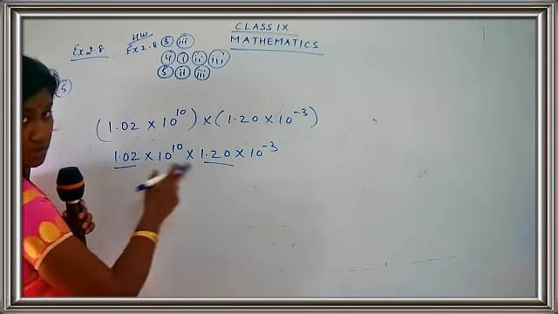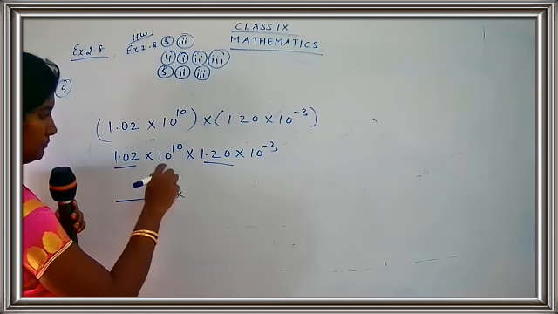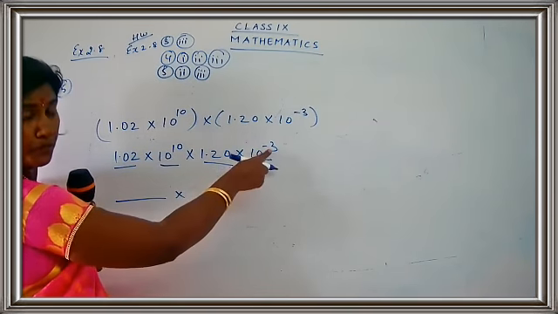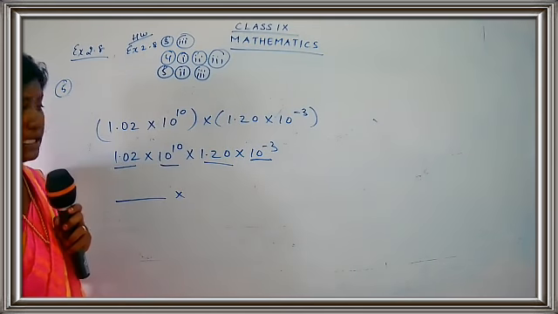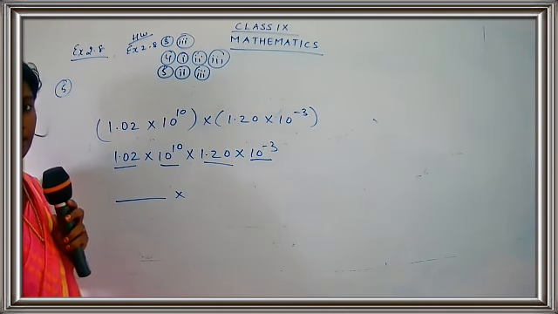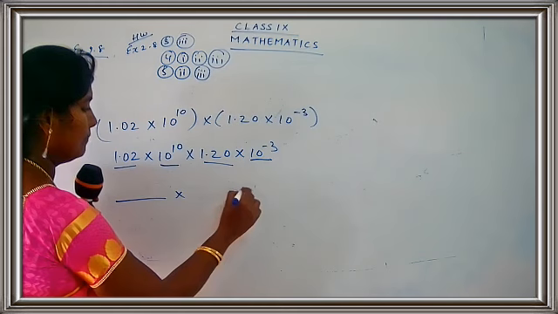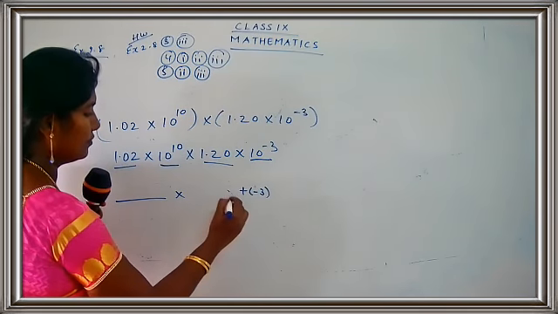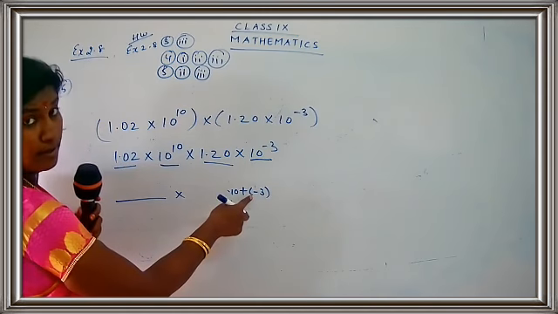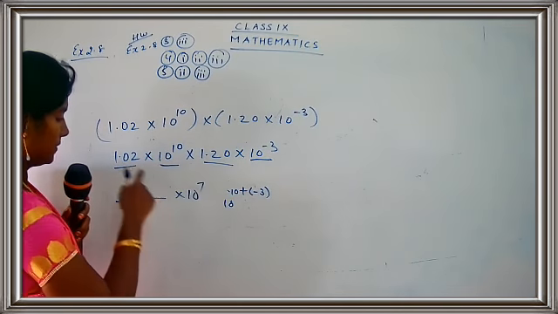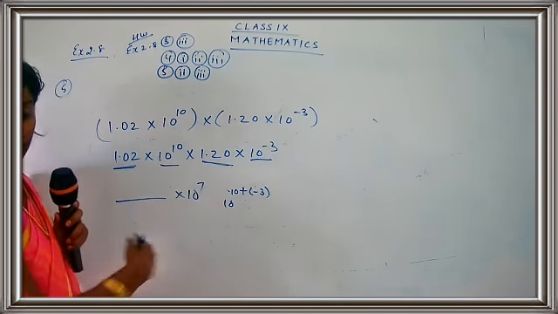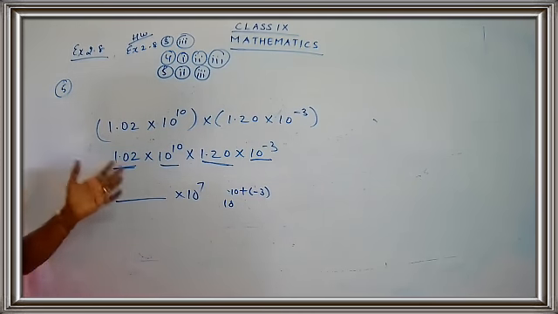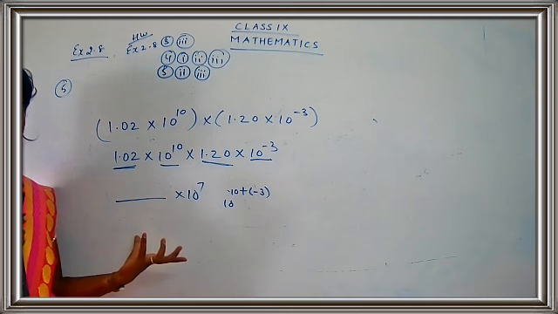Multiply these two numbers. Okay, you will get an answer. This and this: a raised to m into a raised to n. Add the powers, so a raised to m plus n. So m plus n means 10 plus minus 3. That's 10 raised to 10 plus minus 3, so you will get 10 raised to 7. So you multiply this answer. Again, try to take the scientific notation and you will get the answer. Are you clear, children? It's very simple. You just have to multiply the numbers.